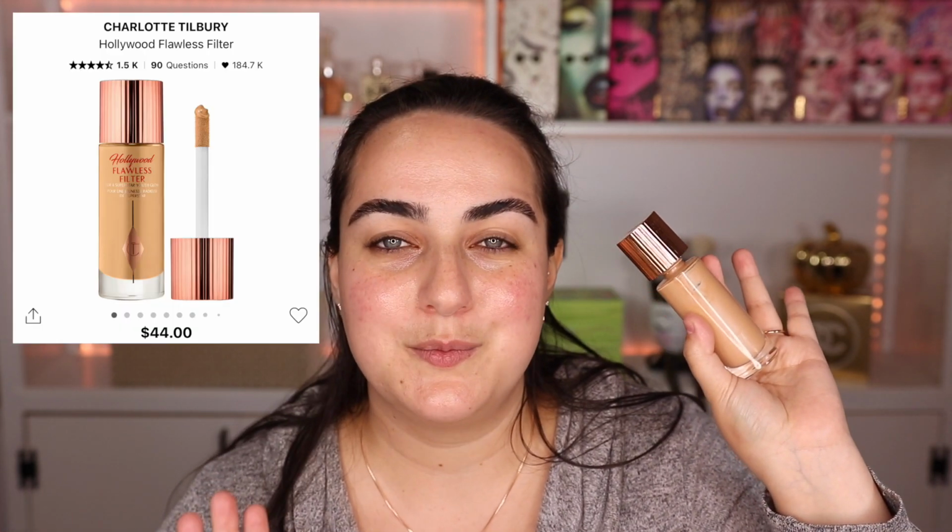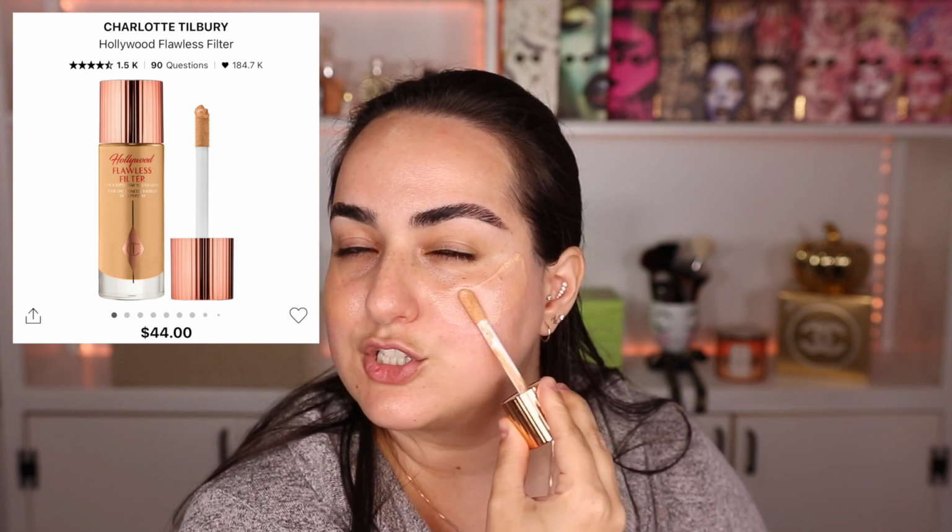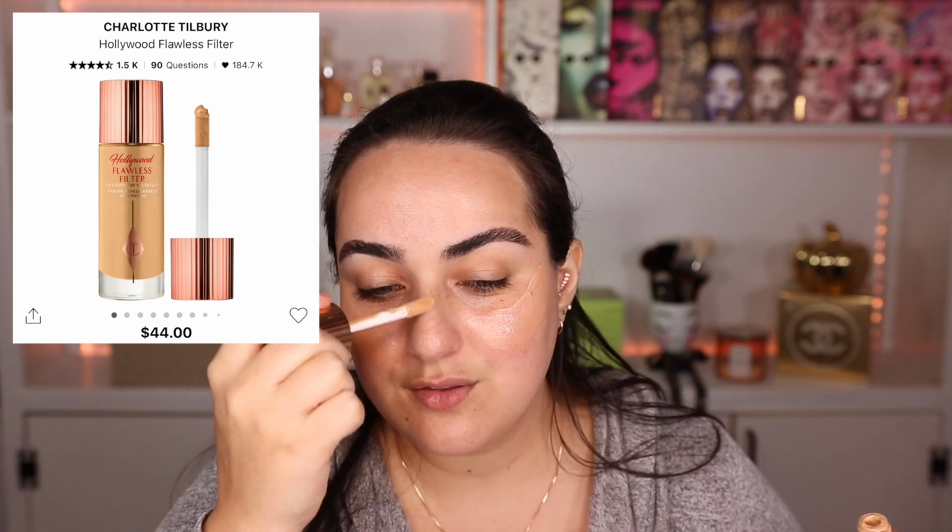Now, product number 3 that I think is worth every single penny is the Charlotte Tilbury Hollywood Flawless Filter. I think this product is still one of its kind. There are others on the market that have tried to replicate it, but I don't think that they are as good. The Maybelline one, for example, which is a much more affordable version of it, is not as glowy as this one, and I do think that this one, for what I use it for at least, has the perfect level of glowiness. And the other one I tried is the Glow by Auric one, and that one doesn't always work for me. That one works for me if I'm wearing a very thin foundation on top of it, but I can't combine it with any other thick makeup products because the texture of the Glow by Auric one is on the thicker side. So after much deliberation, I realized that I just don't like that one as much as I like this one,